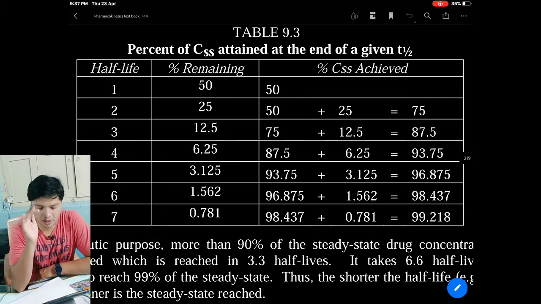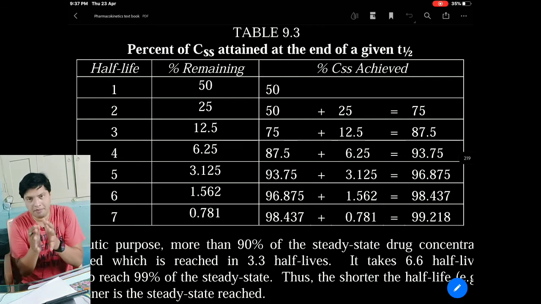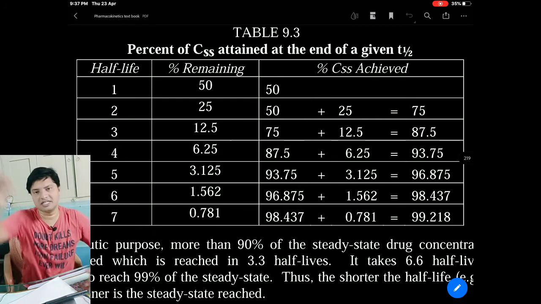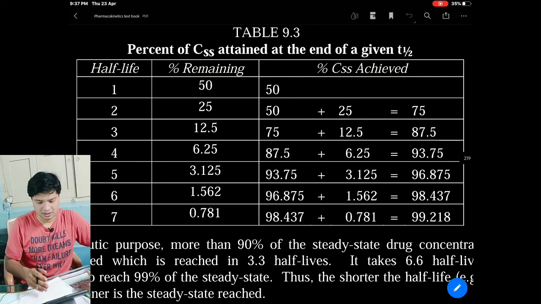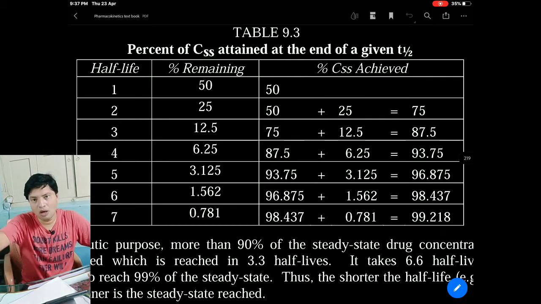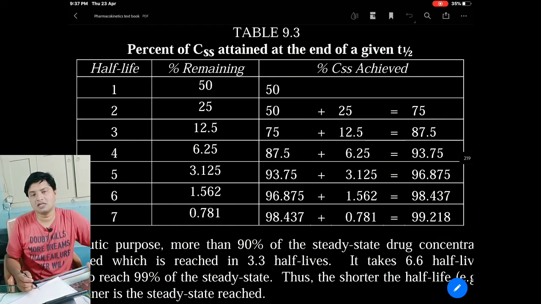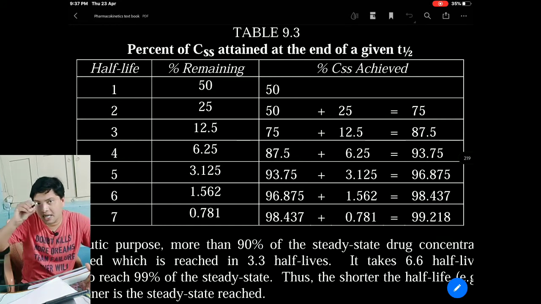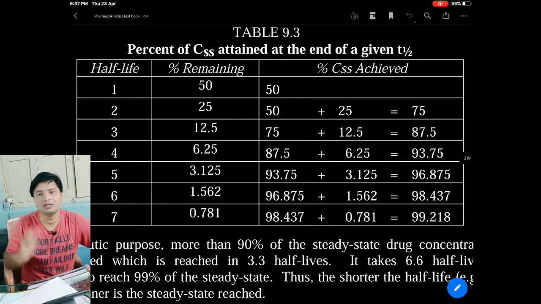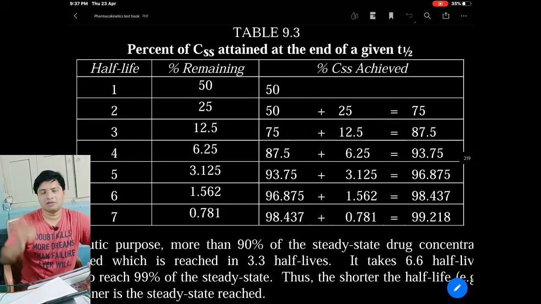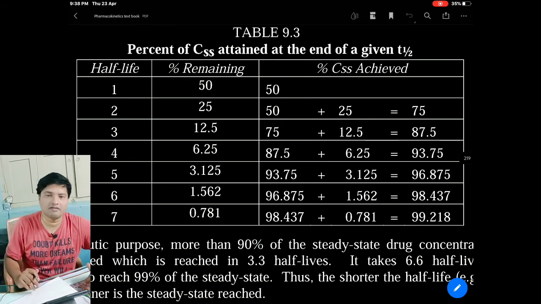Remember here, you will get confused in this part. You have 100% of drug. In that 100%, after first half-life, that 100 will be divided: 50 will be in the plasma, it will be remaining there. Another 50 will be utilized to reach that steady state. Next, that 50% of drug has gone to utilization to reach the steady state concentration. While reaching, I said, there will be elimination as well as increase in the plasma drug concentration in the first phase of your rate of infusion.